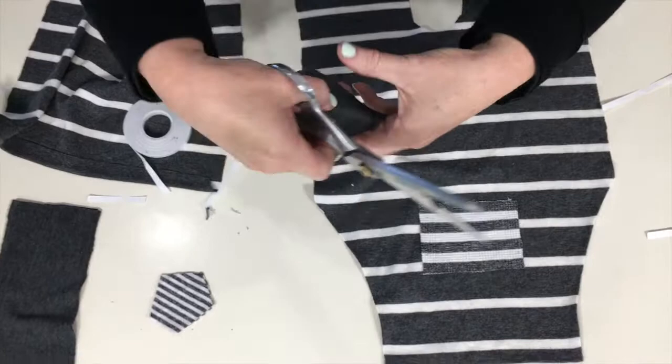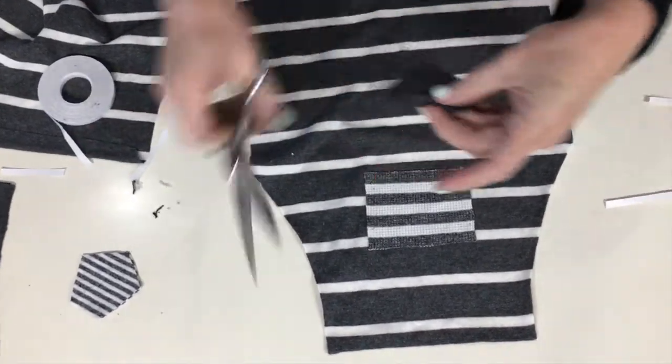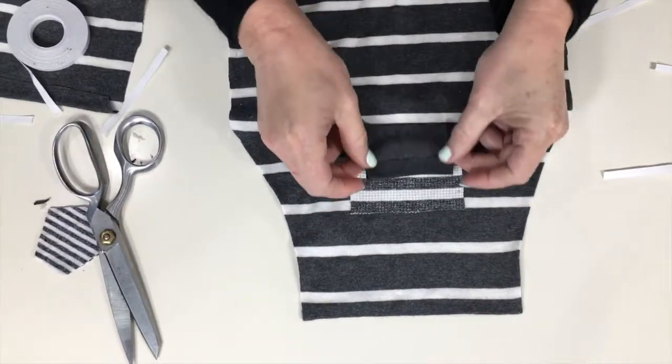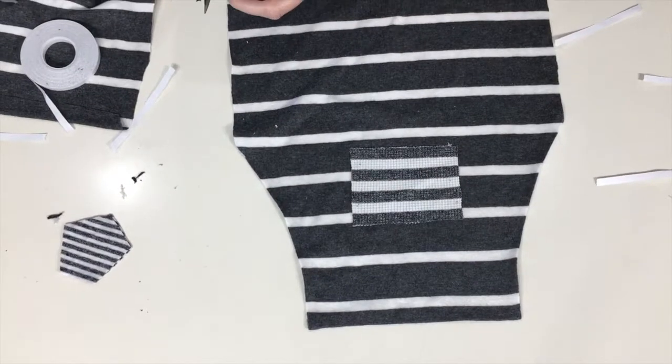I just even up those. It's just because I cut very janky. Okay, then that's going to go right there on the top. This is crooked, so it's driving me crazy. So I will try and